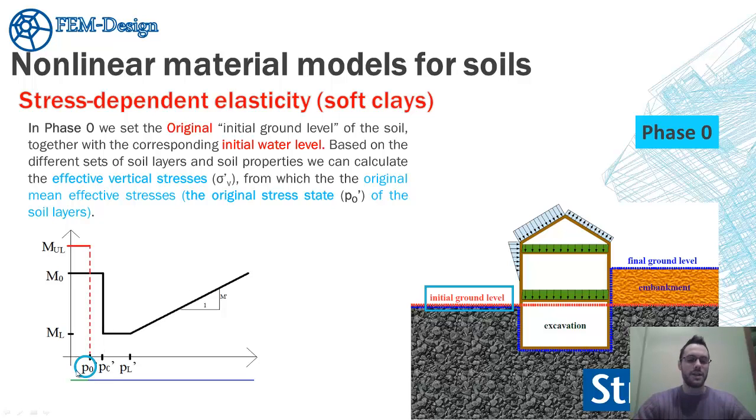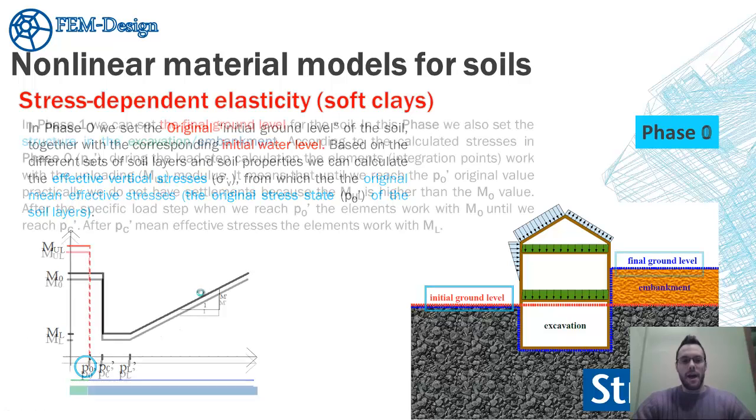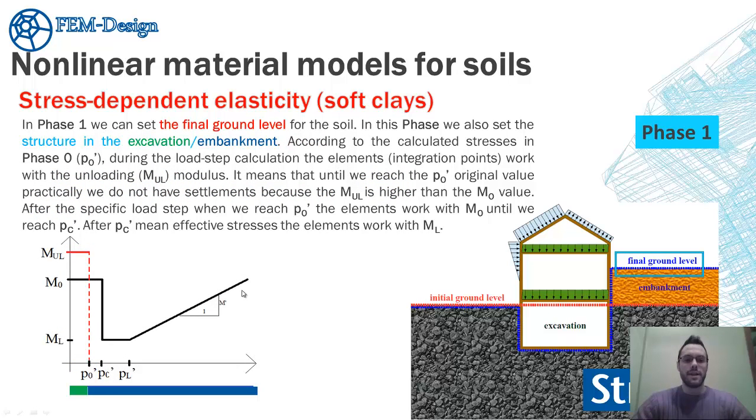So with this value we can set where we are on this diagram. So the P0 value is calculated based on the initial ground level. In phase 1 we can set the final ground level for the soil. In this phase we also set the structure in the